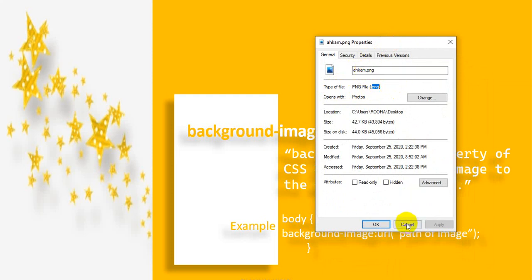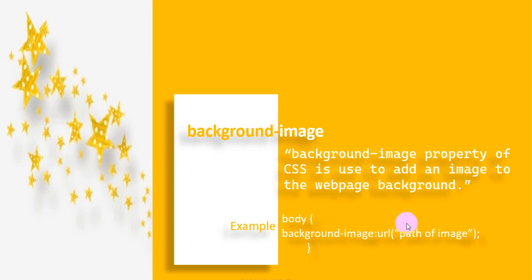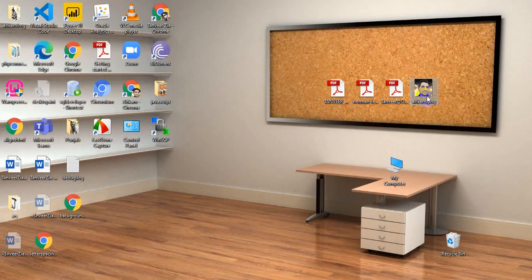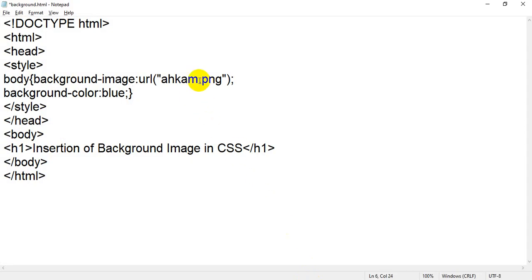Now, my image which I want to add and my HTML file are in the same place, in the same room. So in that case, I pass only the name and the extension, the type. Why am I passing the type, not only the name? Because there is a possibility that in a single class there is more than one student of the same name.